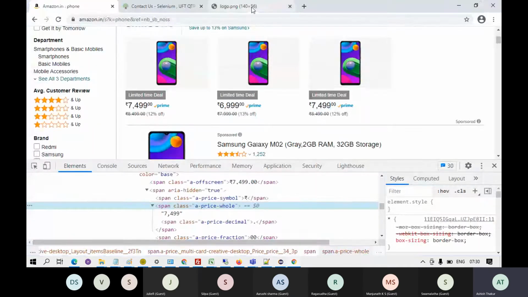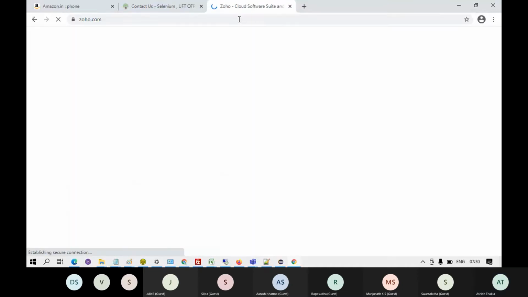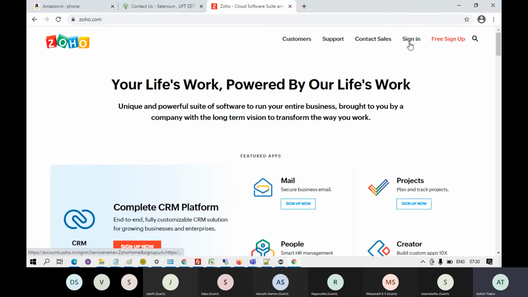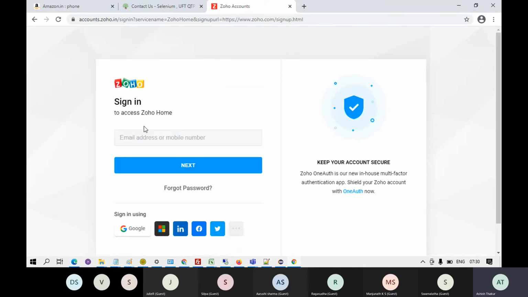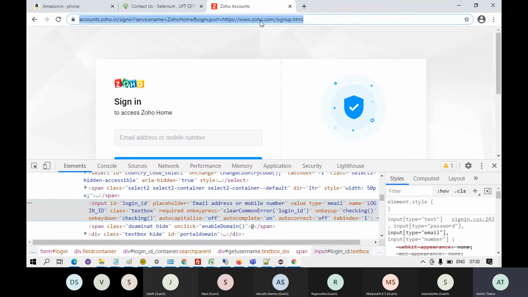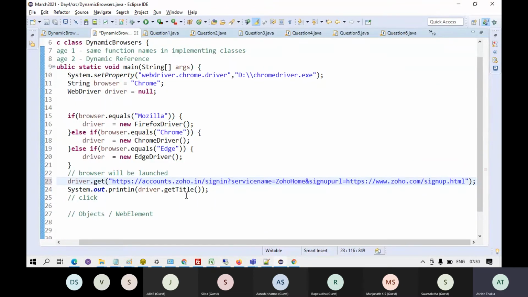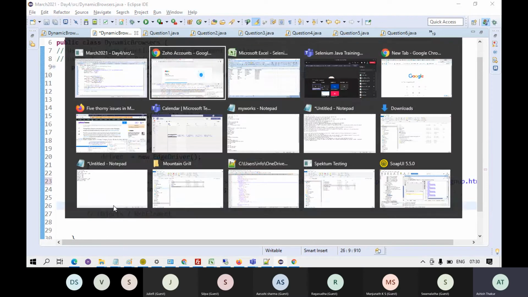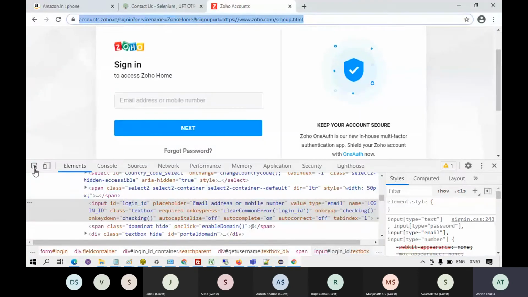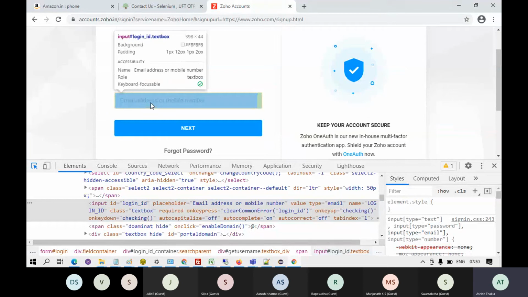Let's try to log in to zoho.com. So this is the email ID field. If you inspect the field, this is the URL. First of all, you go to this particular URL, print the title of the web page, then you look at this text field.